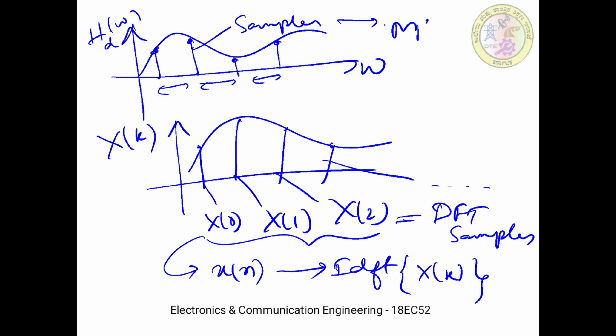we have a desired frequency response Hd(omega), and from this Hd(omega) we are collecting some samples. How many samples? It is decided by the length of the filter. M can be 10, and it can be even or odd. We are collecting that many samples, and the samples that are obtained are actually frequency domain samples. Therefore we have to apply the IDFT on them in order to get back h(n). So we can introduce some notations in this.